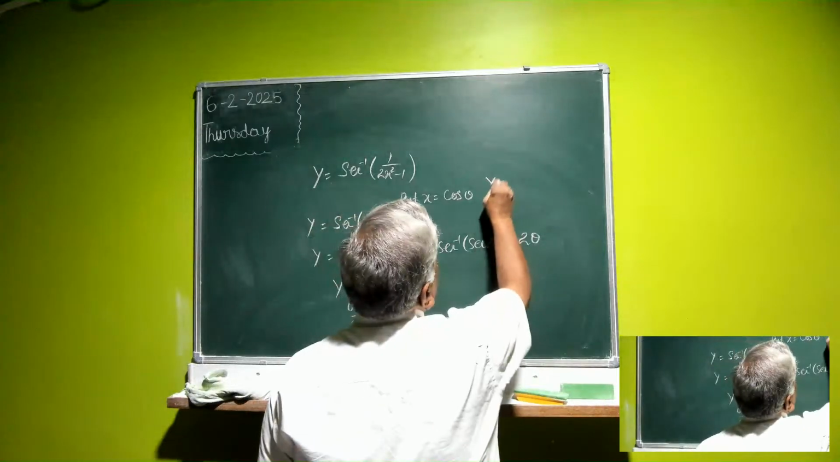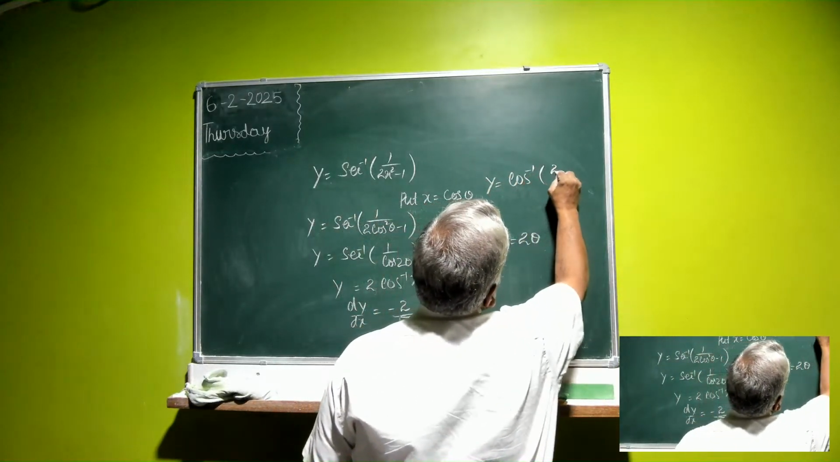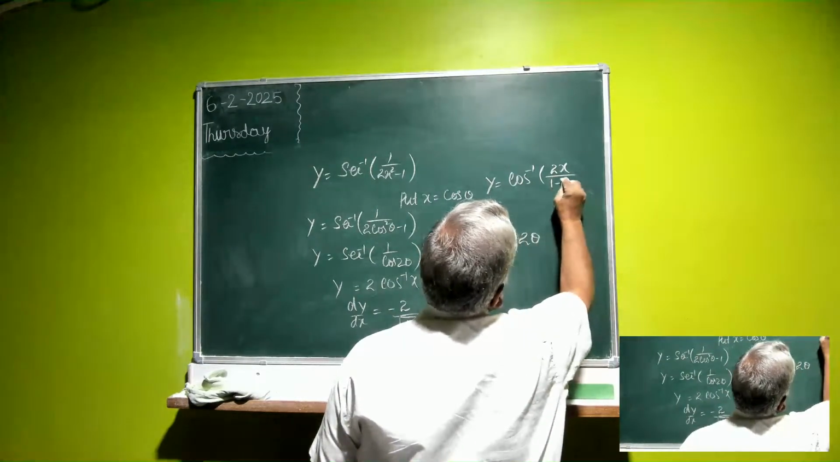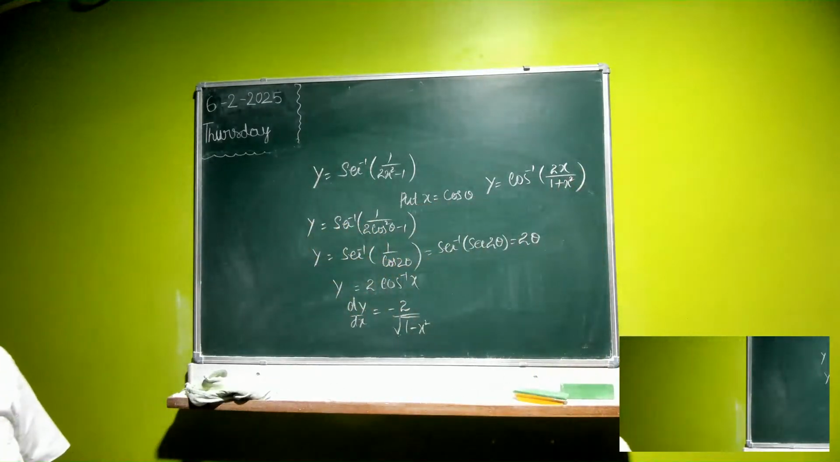Y is equal to cos inverse of 2x over 1 plus x. This is slightly